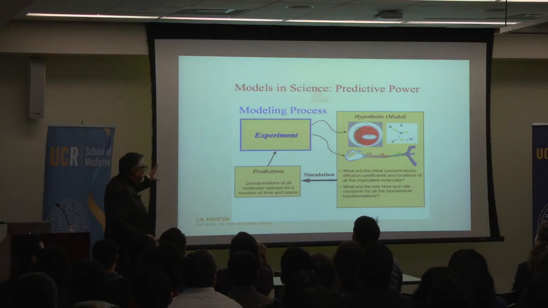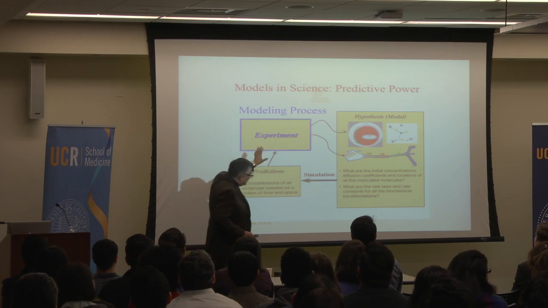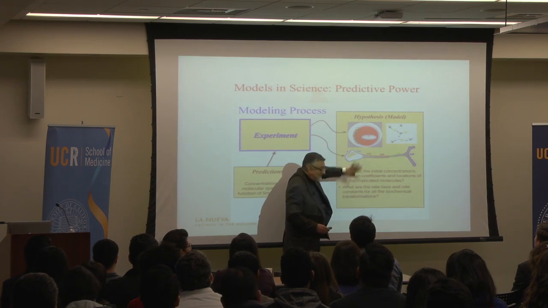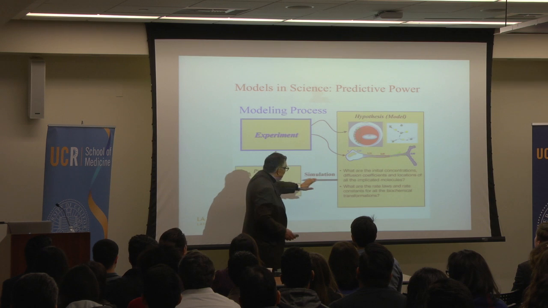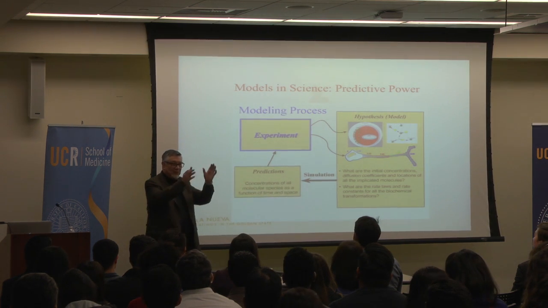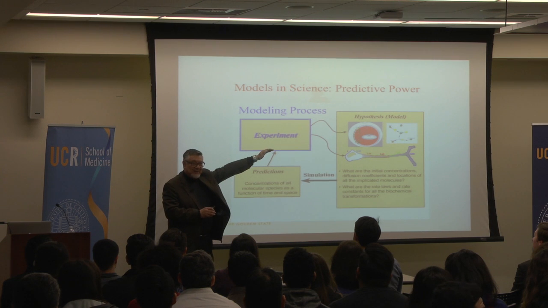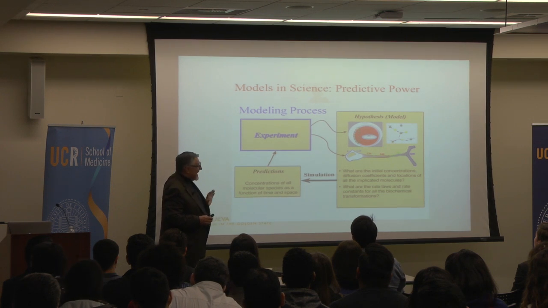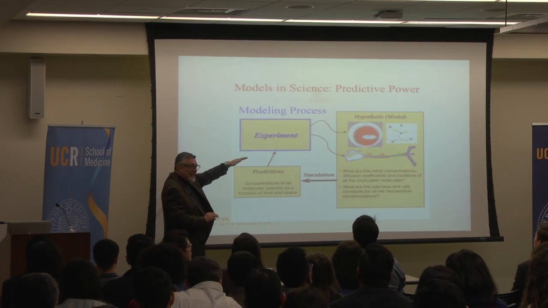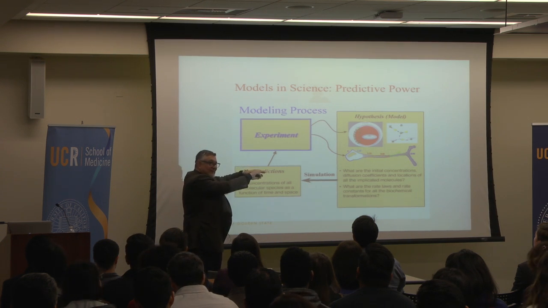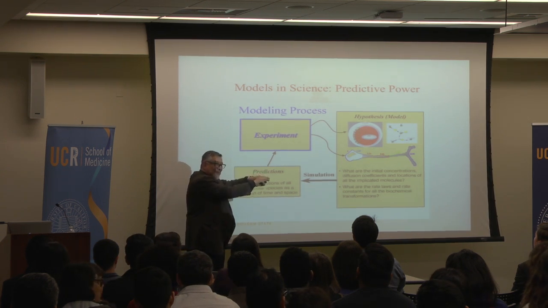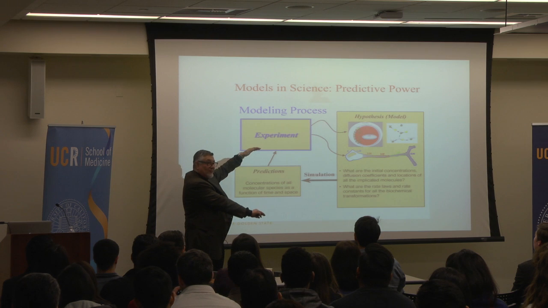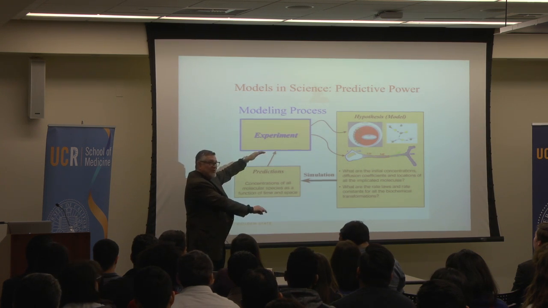Okay, so in science what we do is we conceptualize some pieces of the world that they relate to one another in some fashion, so we create a model, ideally to test an hypothesis. And then what we do is we predict. If my model works, I predict at the end of the experiment I will observe this. Then you actually run the experiment, you apply the data, and at the end, if what you expected to see and if what you actually see are very close together, you think, I got a model that maybe is worth something. However, if what you expected to see and what you actually observe are very different, you may need to go back to the drawing board.